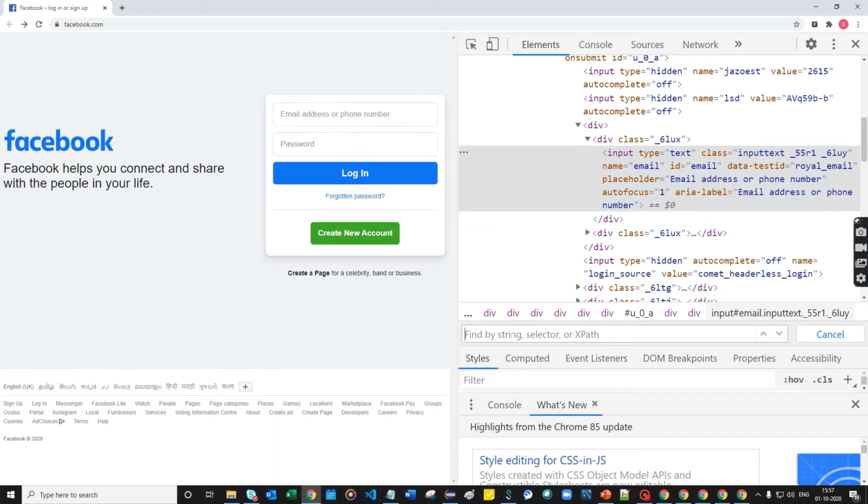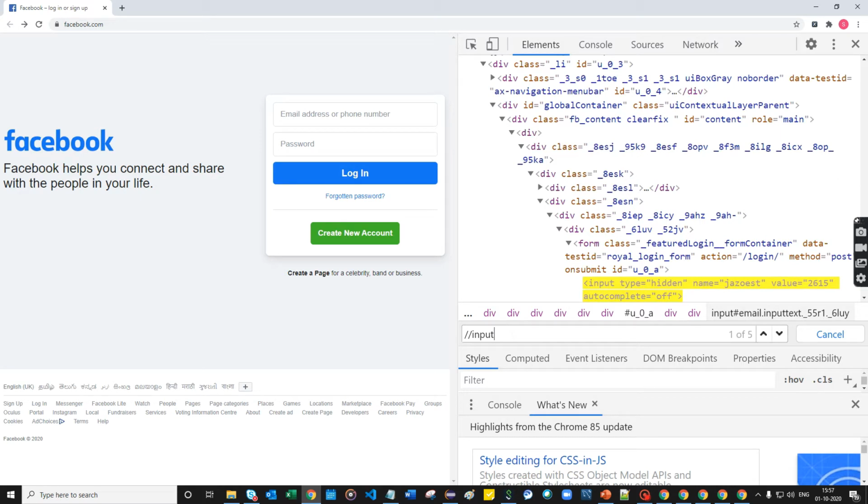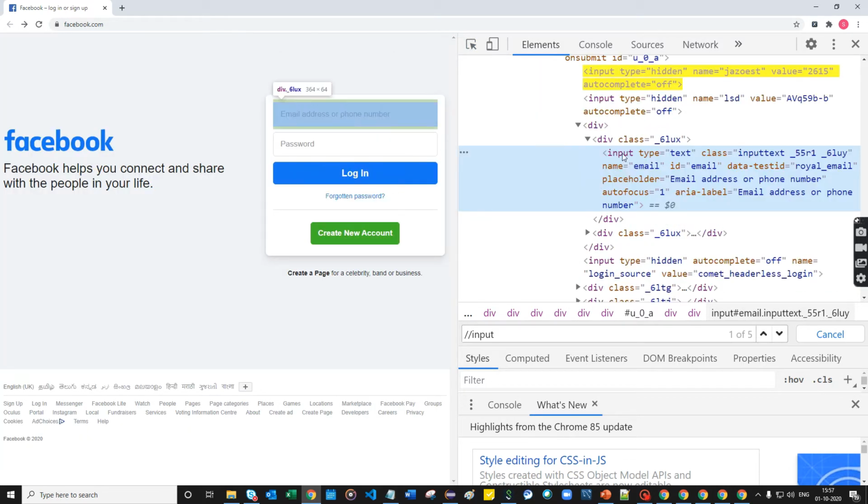Here, what is the syntax we are going to follow? Double forward slash, then you have to give an input tag, because this email text box is stored under the input tag. First define the input tag, then open and close the bracket, then give the at symbol.